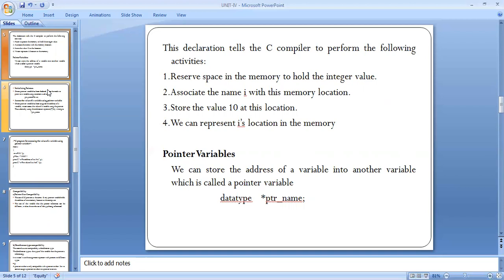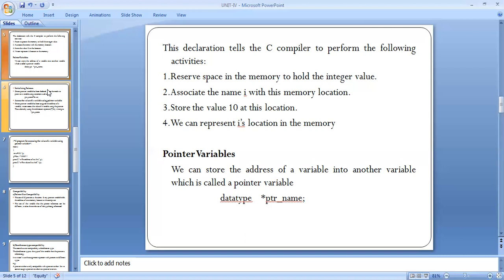When we declare any variable name, that variable holds the data type; here I am declaring the data type integer, and the integer value holds the memory space. Second, associate the name i with the memory location, and store the value 10 at that location.